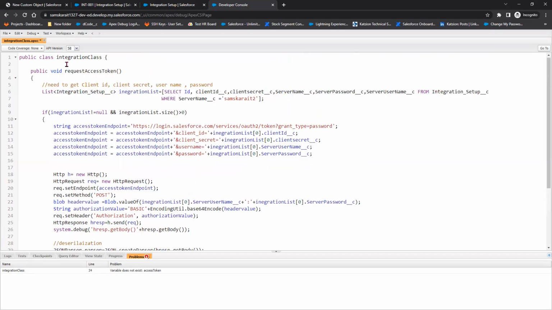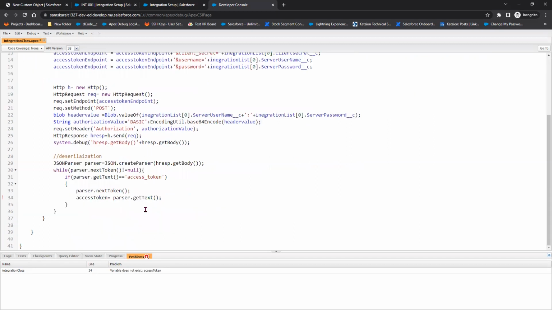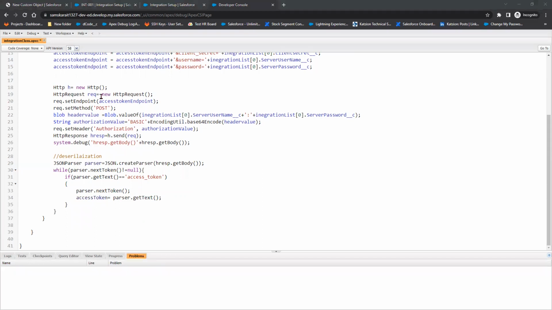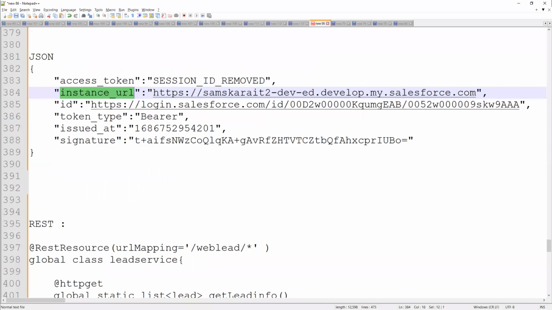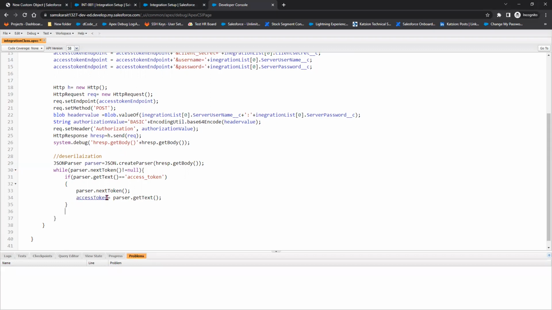Now I'll declare it in the top, public string access token. Public string access token. Similarly, what I wanted, I need an instance URL. I'm going to get the instance URL. Now for this instance URL, I'm going to write the same logic. If